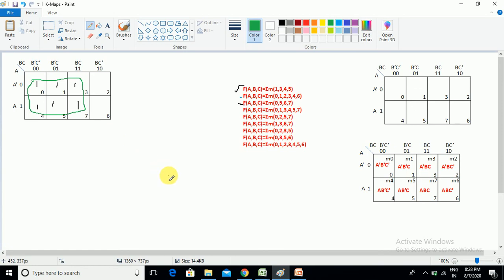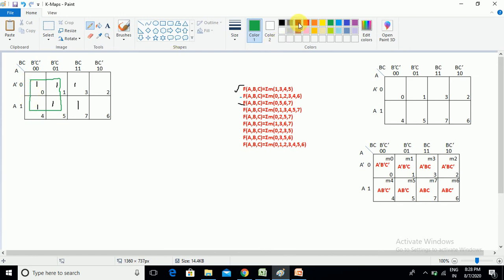We need to always think about the powers of 2. 2 to the power of 0 is 1, a 1 cell group is possible. 2 to the power of 1, 2 cell grouping. 2 to the power of 2, a 4 cell group is possible. 2 to the power of 3, an 8 cell group is possible. It is not possible with 6. So 1 cell, 2 cell, 4 cell and 8 cell groups are possible, and no other grouping can be recommended. So remove that group and perform the 4 cell grouping here. Easily we can perform the 4 cell grouping in the square shape.